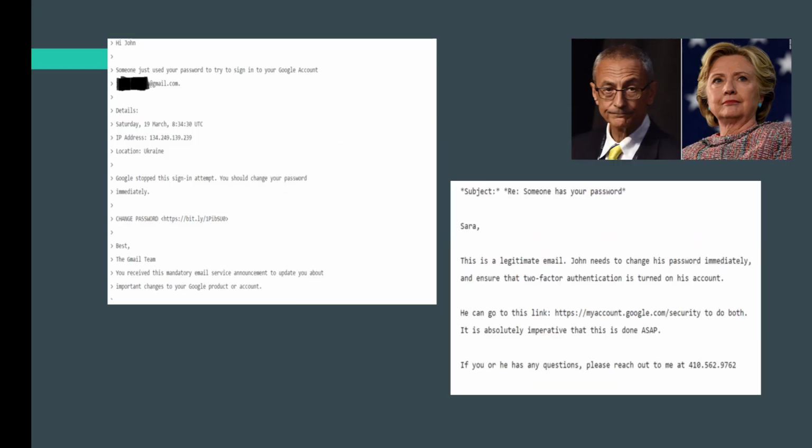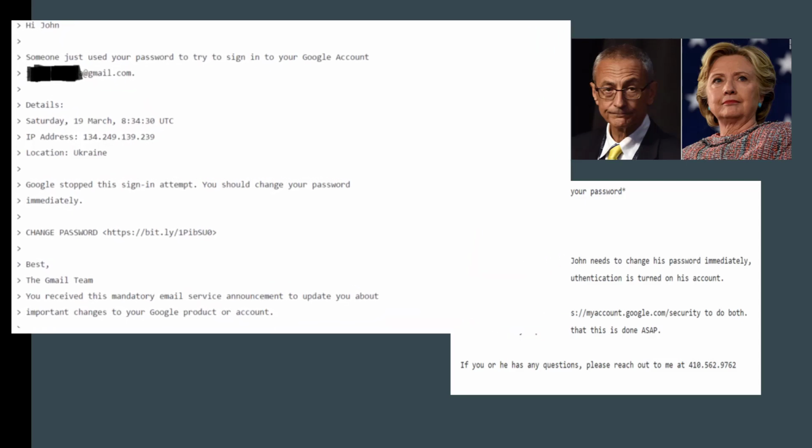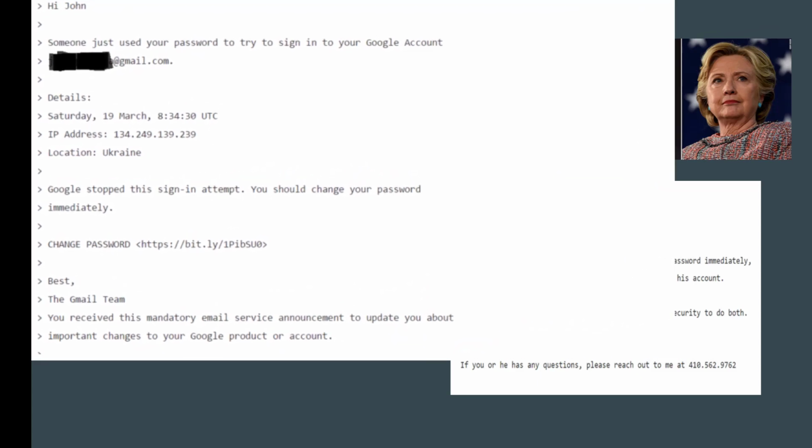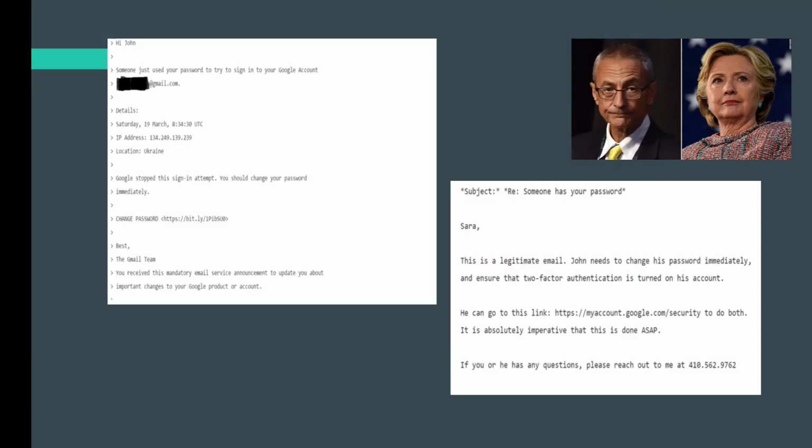Delavan included a Gmail link that would be used to change a user's password, but whoever changed Podesta's password instead clicked on the shortened URL that was in the original phishing email. This is the same technique used to hack Colin Powell's email and the Democratic National Committee emails, according to the website Motherboard.